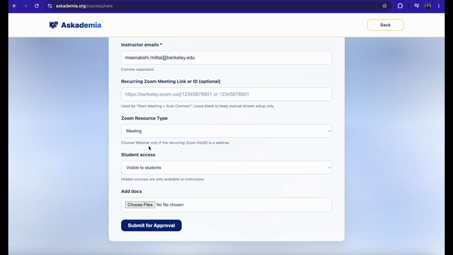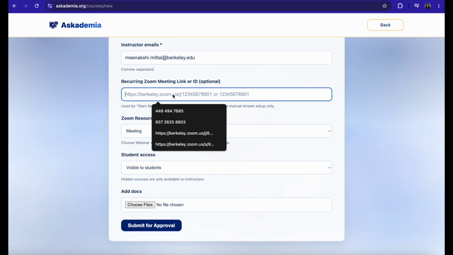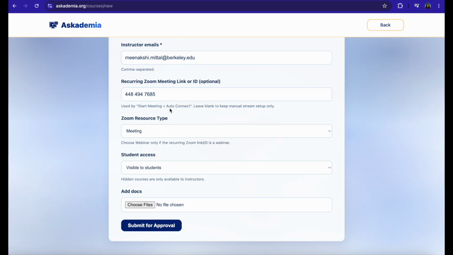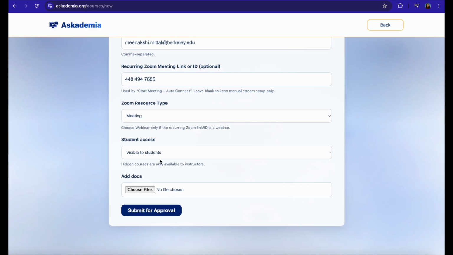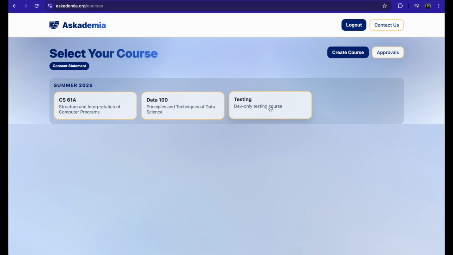Finally, you'll add your recurring Zoom meeting link or meeting ID, whichever you use. So here I'll just paste in my personal meeting ID, and here I'm choosing it to be visible to students. You can additionally upload course documents like your syllabus or your calendar, schedules. So you'll finally submit this for approval, and once it's approved by our team, that course should show up on